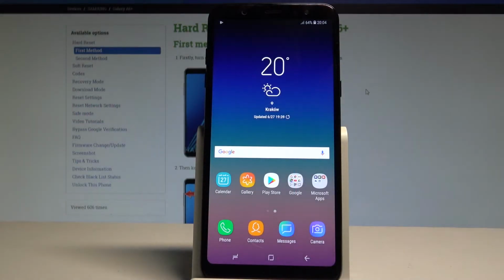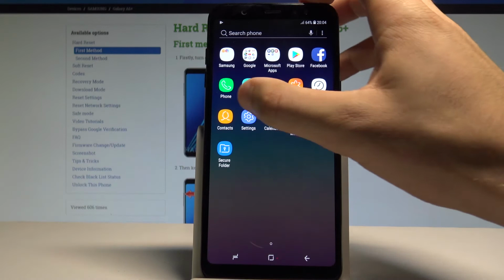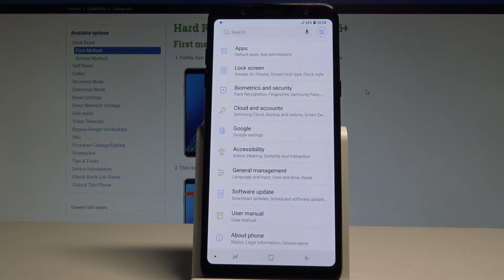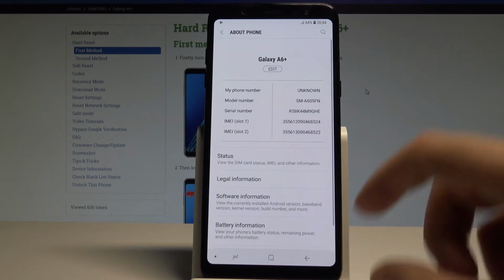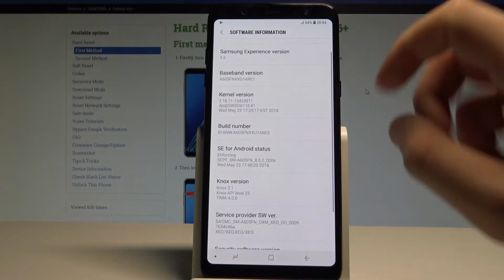Here I have Samsung Galaxy A6 Plus, and let me show you how to enable developer options on the following device. So at the very beginning, let's open the list of all applications, choose Settings, then scroll down and now select About Phone. Here you need to choose Software Information, and as you can see here you've got the build